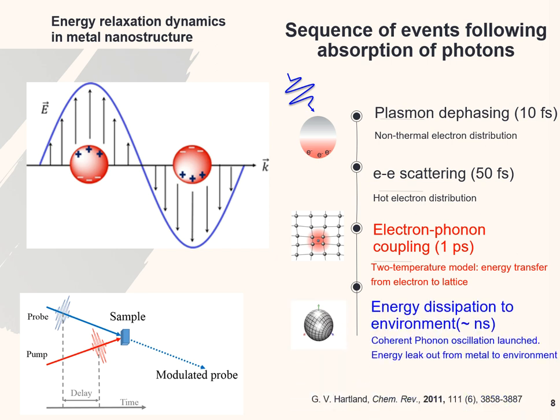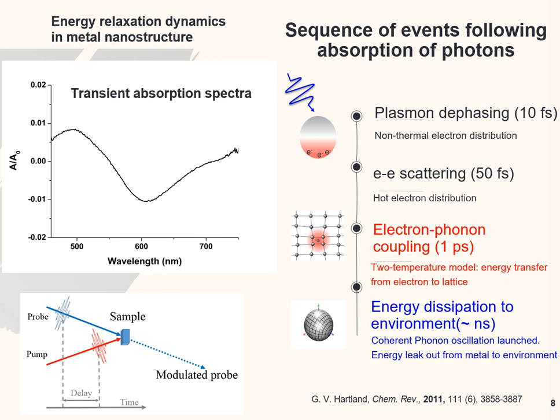The fourth one is the nanoparticle becoming hot. It will dissipate its energy into the environment, but it will also launch another very unique property called acoustic vibration, because of these coherent oscillations of phonons. In today's talk, I will only cover the electron-phonon coupling time and the energy dissipation to the environment, because my ultra-fast laser only has 80 femtosecond time resolution. It is very hard to resolve these two dynamics. There is a way we can measure them, but I'm not talking about it today.